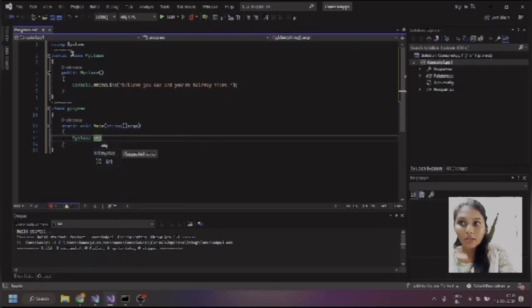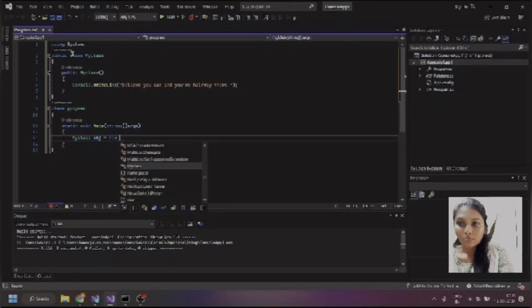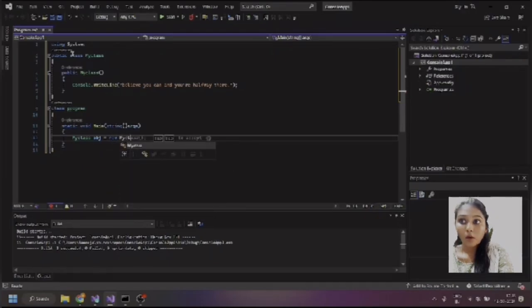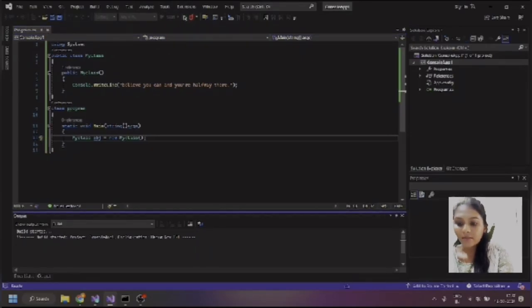In the main method, in the console, I will write some strings over there that will help to get our output. Then I will write MyClass object is equal to new MyClass. This line creates an instance of MyClass. When the line is executed,